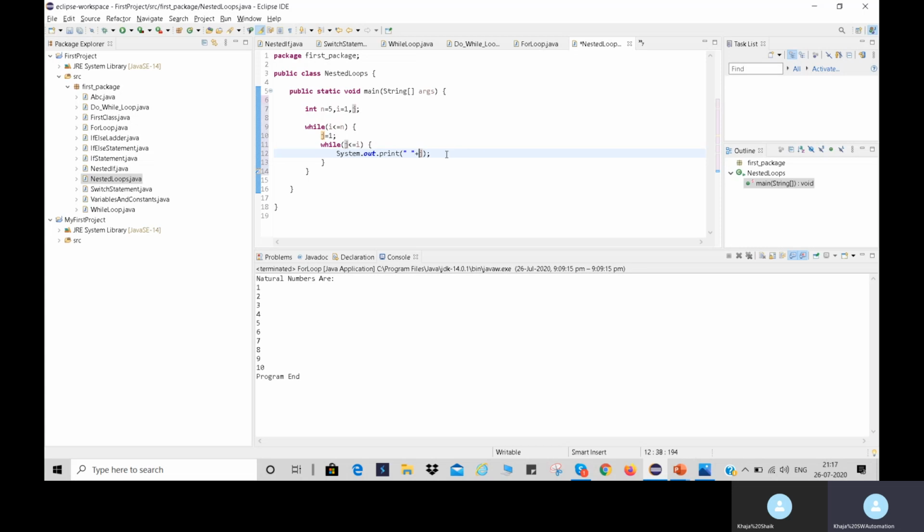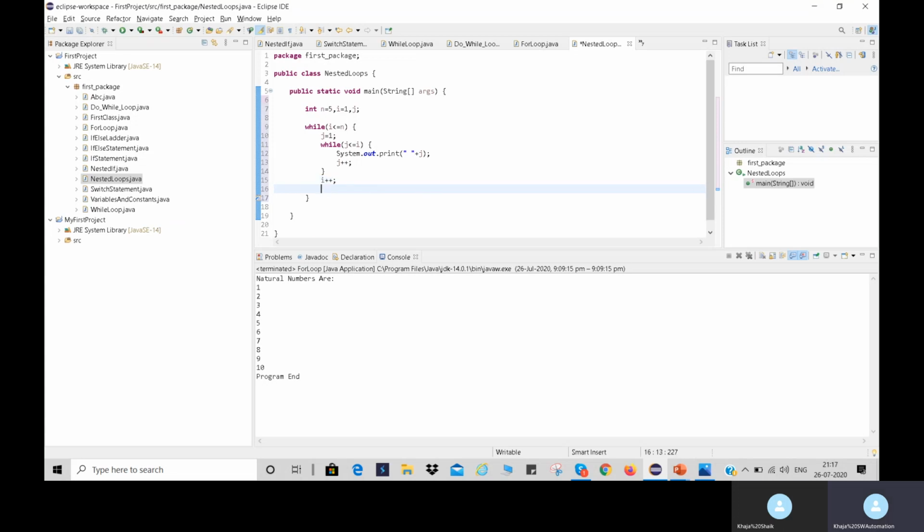I'm giving some space and printing in the same line. After this, I will make it j plus plus. I'm writing j plus plus in the inner loop, and in the external loop, i plus plus, semicolon.